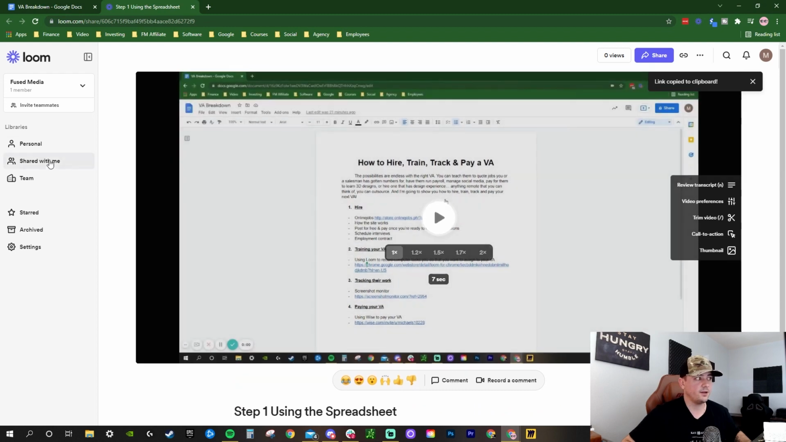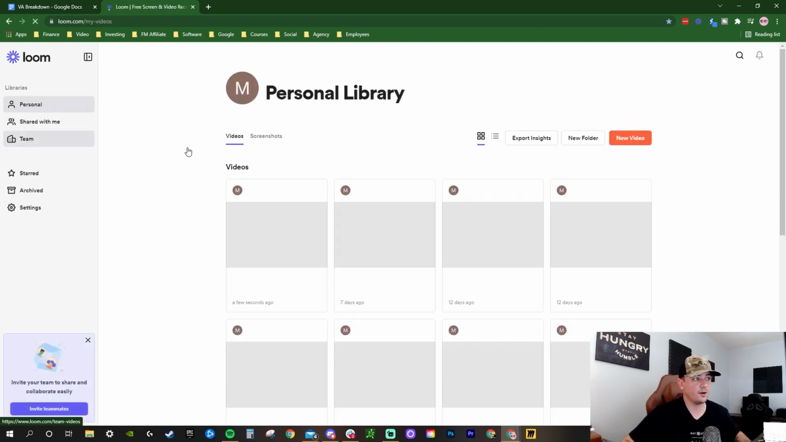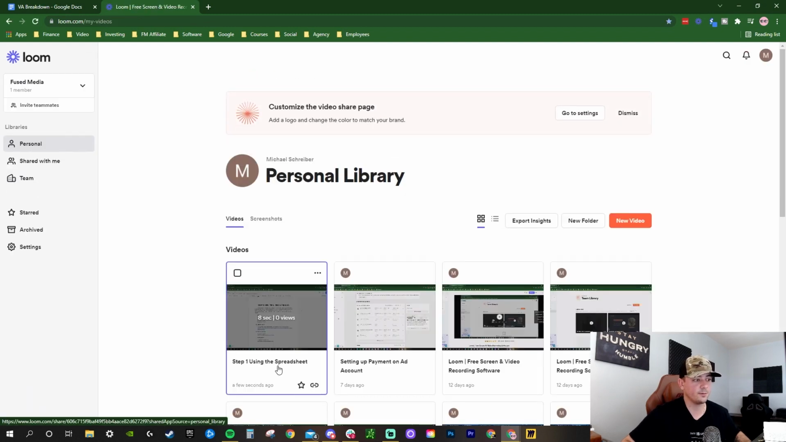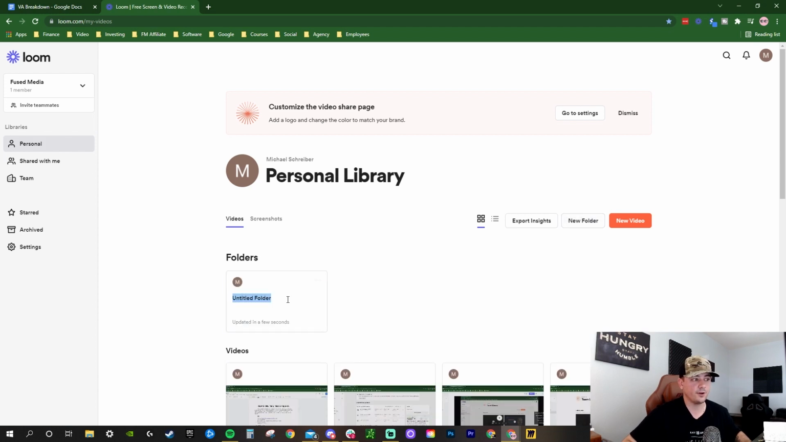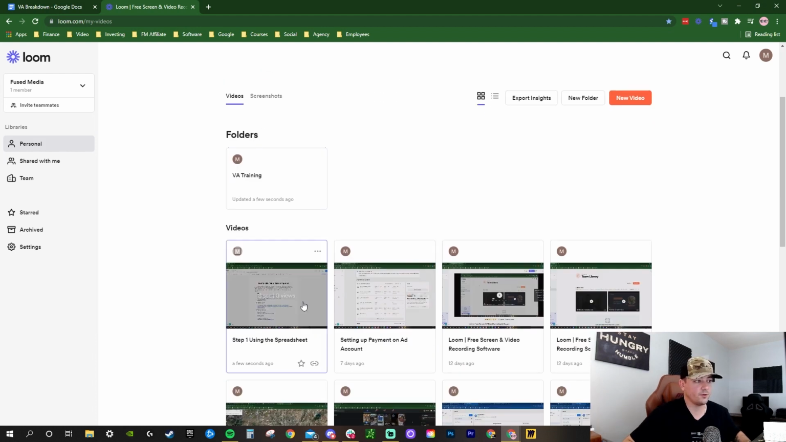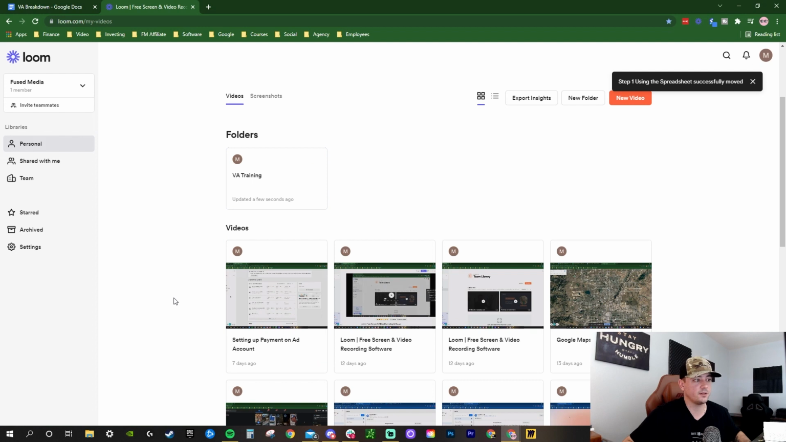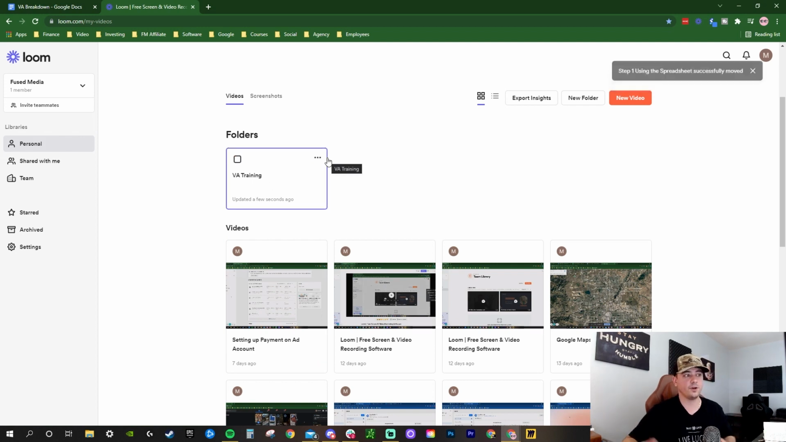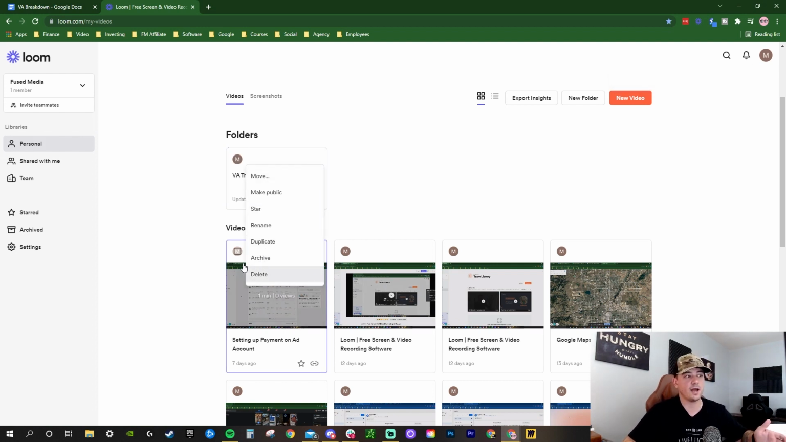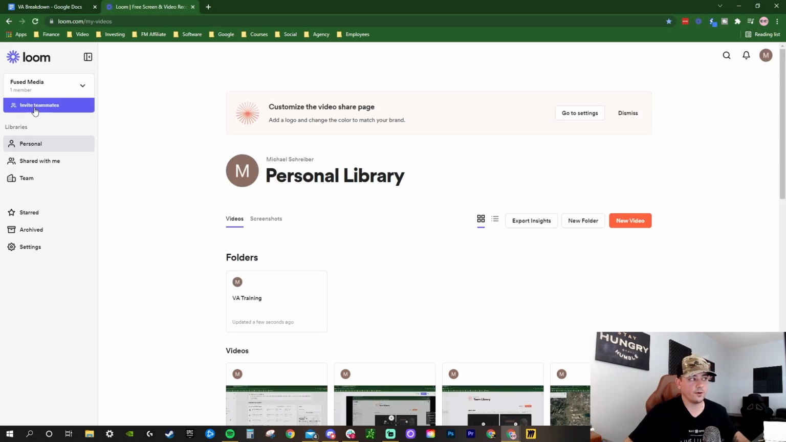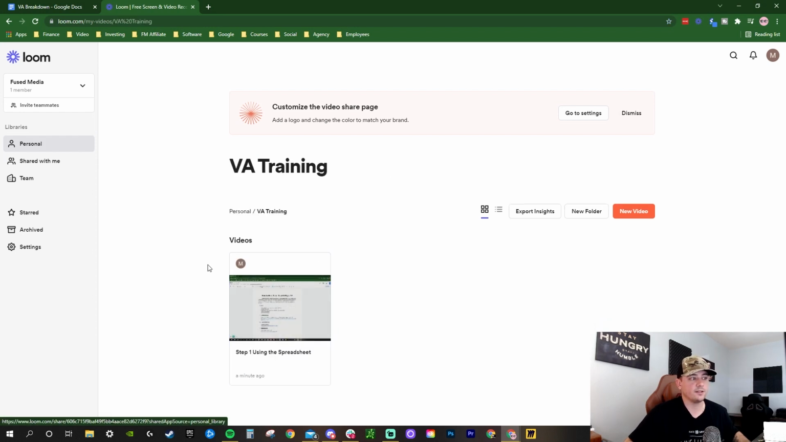And so you have it named here, and then you can go to your library on the left here. You can see that step 1, using the spreadsheet, is on there. You can create a new folder and call it VA training. And then boom, you have a new folder, and you just drag and drop it into that folder. Then you give the person access to this folder, or you go to invite teammates, invite that teammate on there, and give them access to this folder, so that they can click on this, and they can have however many videos you need to have on there